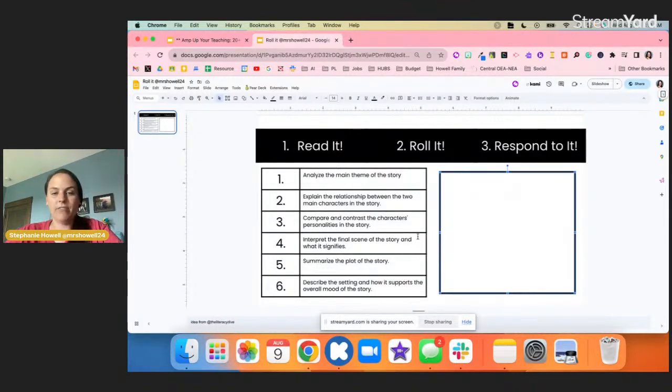So again, you could have this digital, you could have it on paper. It's kind of up to you how you want to organize it. And again, you can change the read it to a watch it, and then the students are able to follow along that way. Over here, again, we can see I can come in this table and I can quickly change